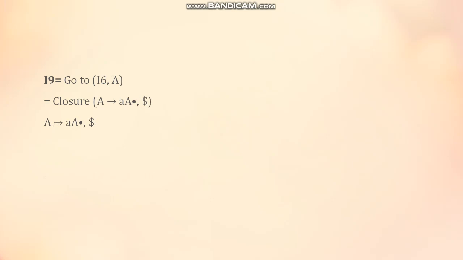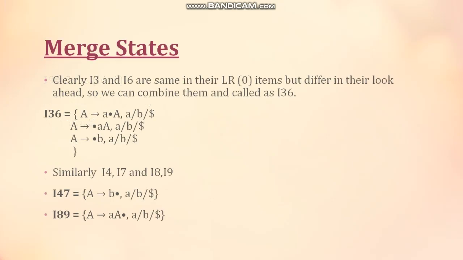Now what is the next step? Merge states. We have 6 states which are the same in their production rules but differ in their look-aheads. So what we are going to do now is combine all those states into one. For example, I3